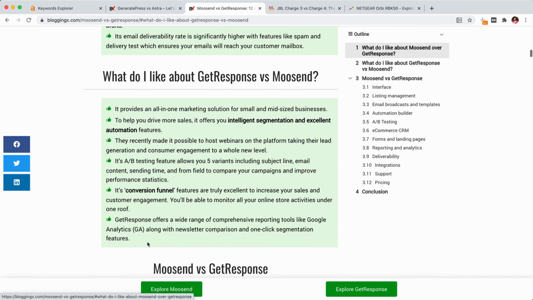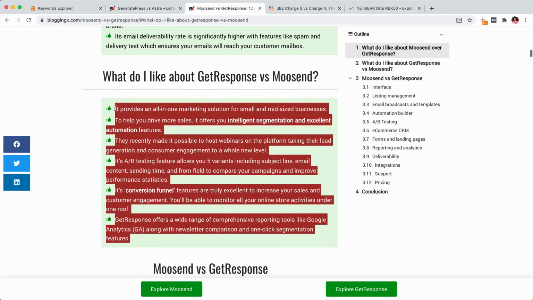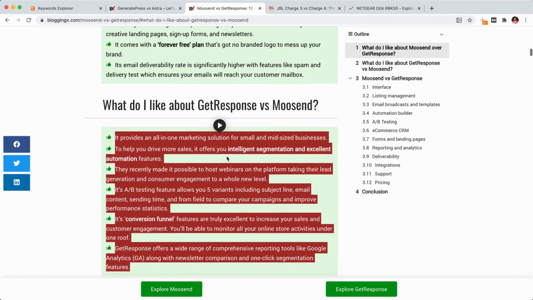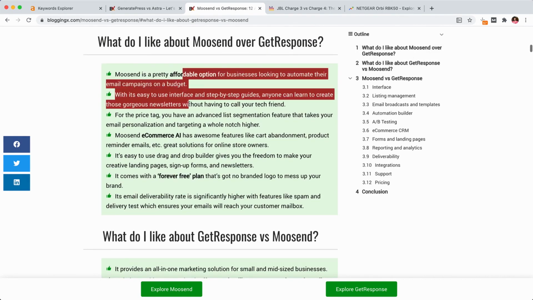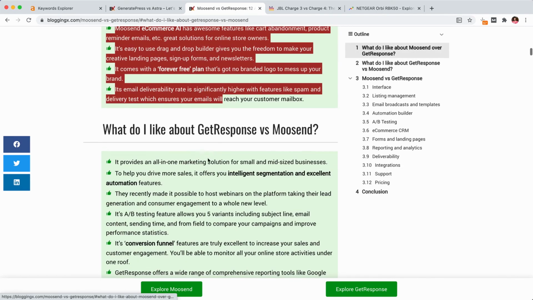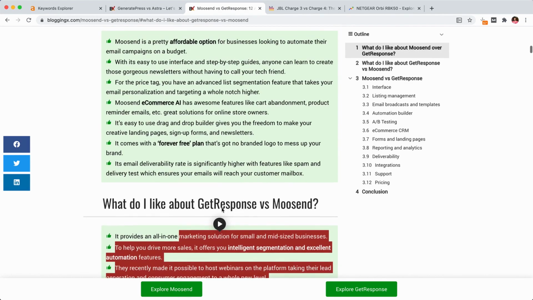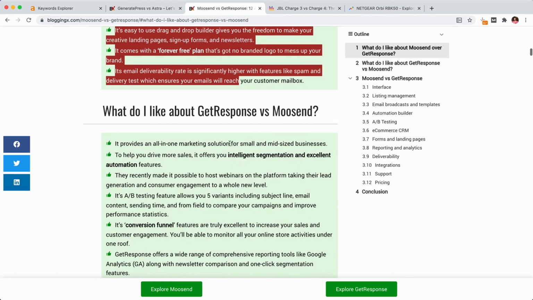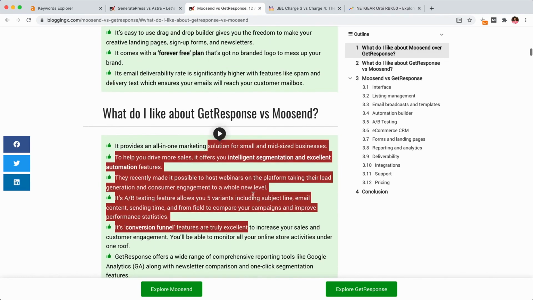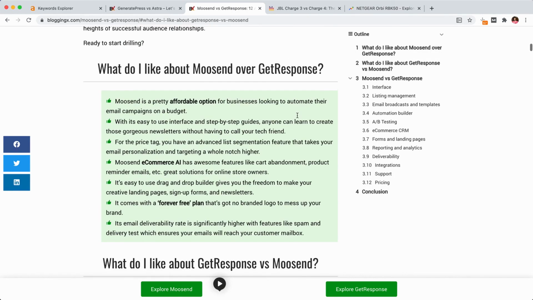These are all the things that I like about GetResponse, but those are not present in MoveSend. So people can consider this box as MoveSend pros and this box as MoveSend cons, and they can consider this box as GetResponse cons and this box as GetResponse pros. We have these cleverly thought out sections to substitute pros and cons for both of these products.